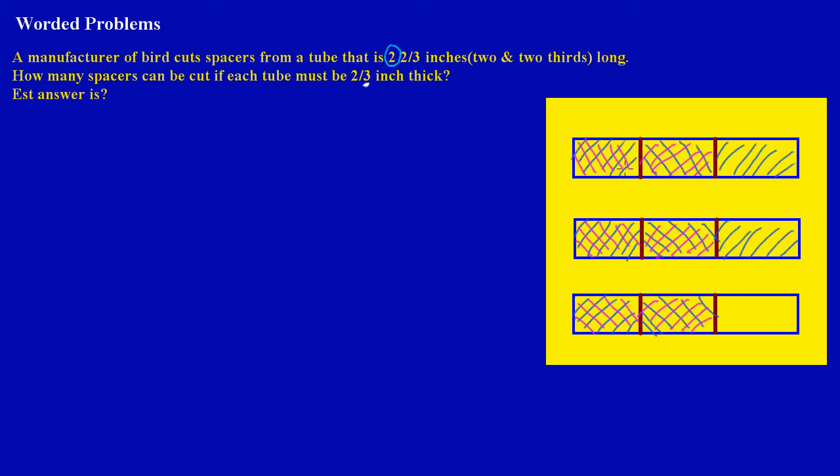Now, my friends, if you look carefully, we have shaded one set of 2/3 here. Let me just change the color quickly. We have shaded one set of two-thirds there. We have shaded another set of two-thirds, and we have shaded another set of two-thirds. So when you look at it at face value, you would realize that we have three sets of two-thirds that